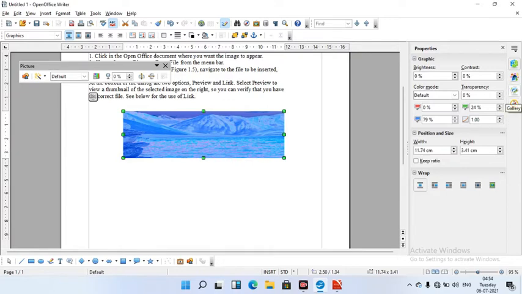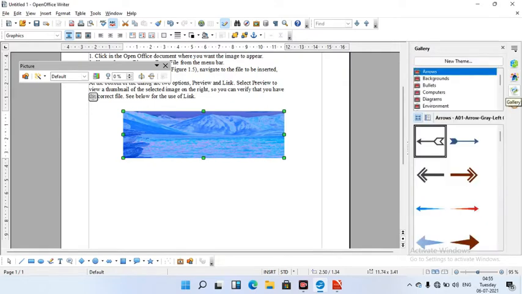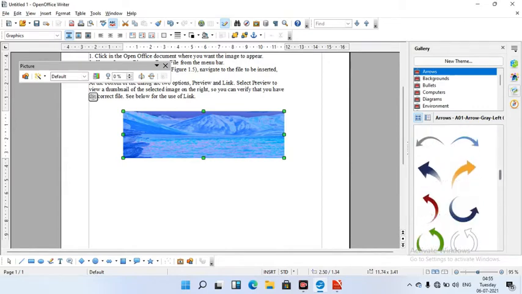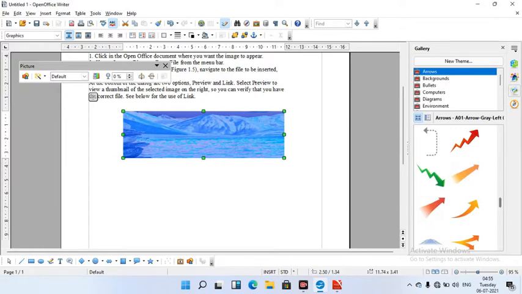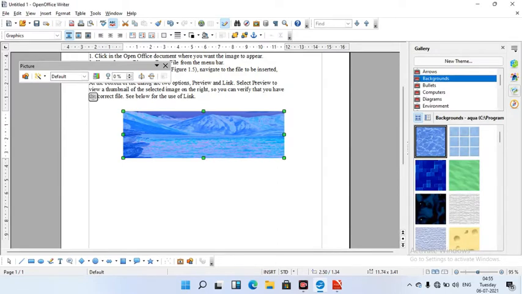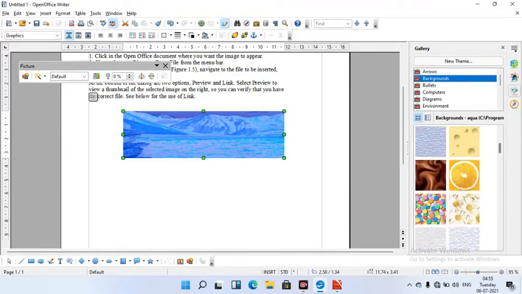Here there is a gallery at the right side. You can insert pictures from here also. Like arrows, there are different types of arrows. Background, there are different types of backgrounds here.